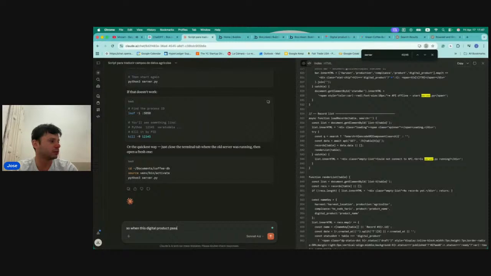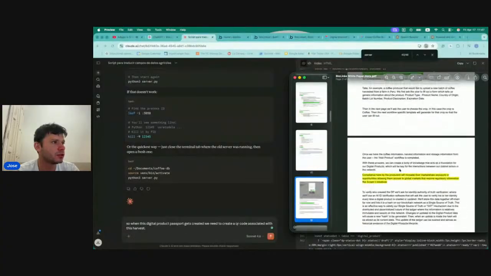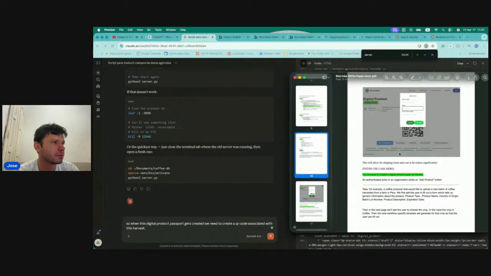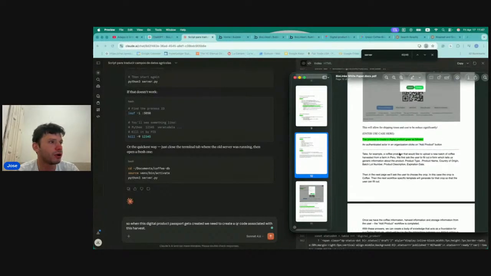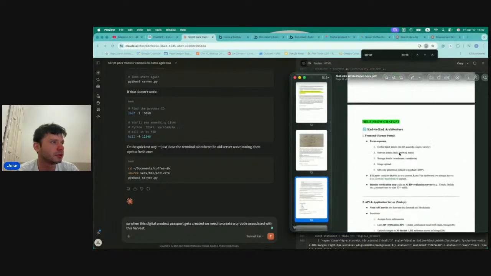Once the product passport gets created, we need to create a QR code associated with this harvest. So the way we have it going, from the harvest, we'll be able to create smaller digital